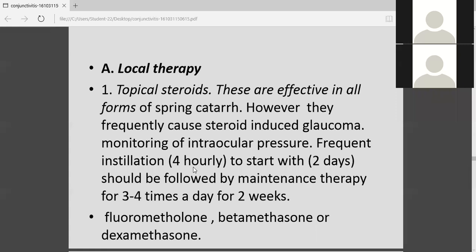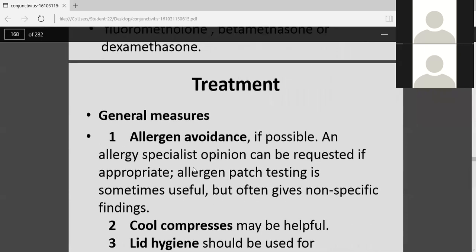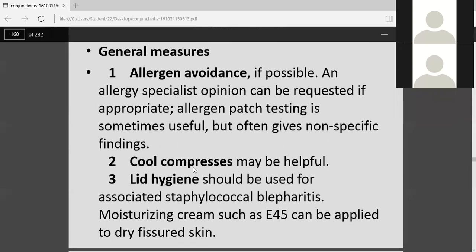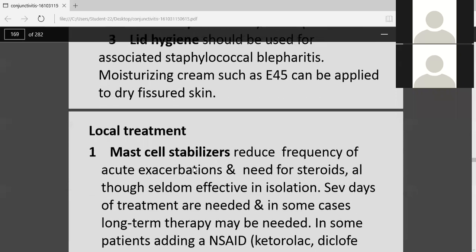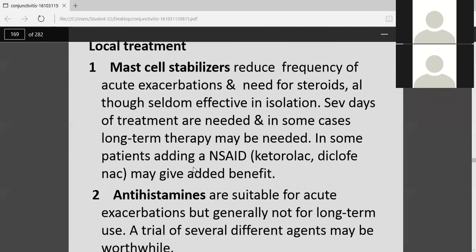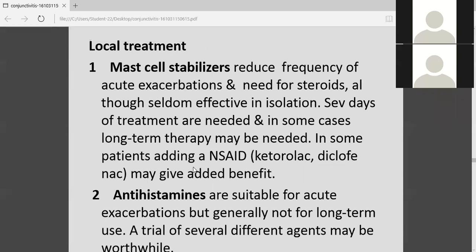But the mildest form is the fluoromethanol. Avoid the allergens. We know that allergy is always avoided. You can protect yourself from allergies by keeping far away from those allergy substances. Then you can use cool compresses. You can keep the lid hygiene. You can use the muscle stabilizer I told you, and you can use the antihistamine or the combination of both